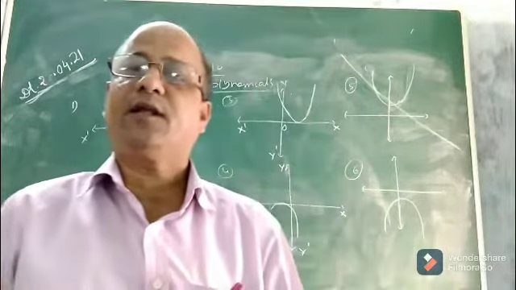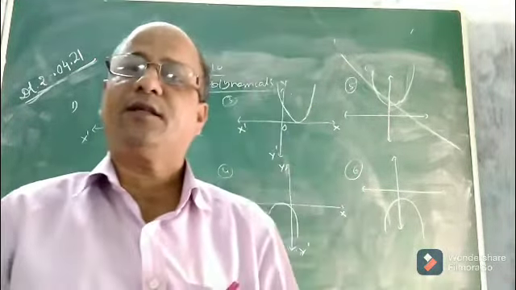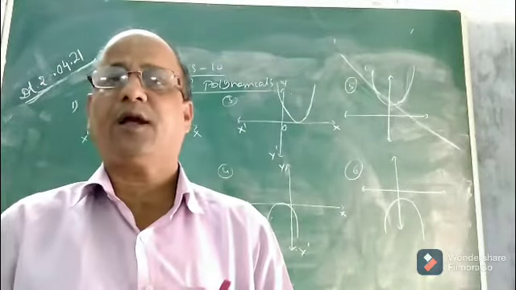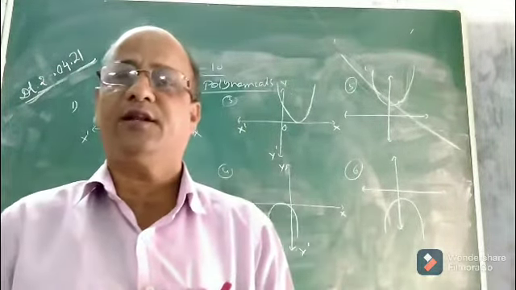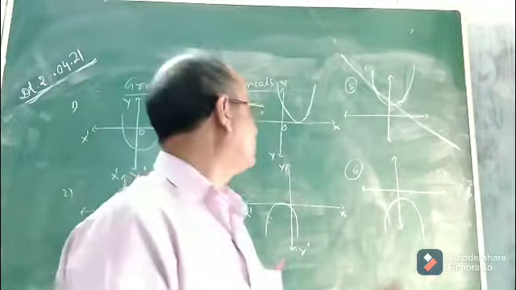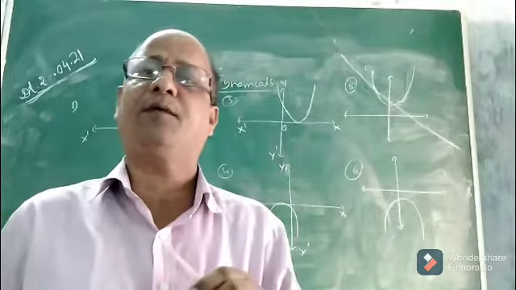Children, in the previous class we discussed how to find zeros of a quadratic polynomial, linear polynomial, etc. from graph. Graphically, how to obtain the zeros of a linear polynomial and quadratic polynomial. I had discussed everything in detail. Children, today let us discuss something more about how to know the nature of roots, I mean zeros of a quadratic polynomial, from graph or graphically.